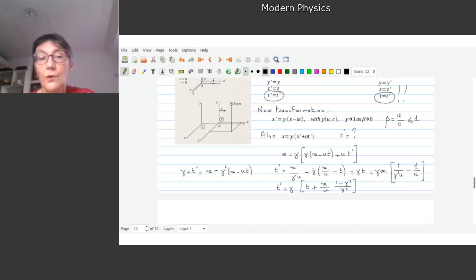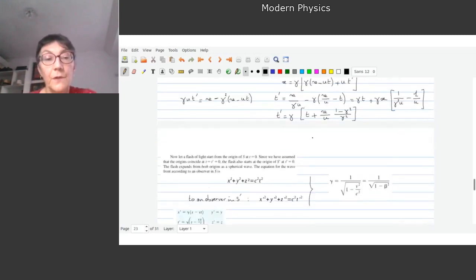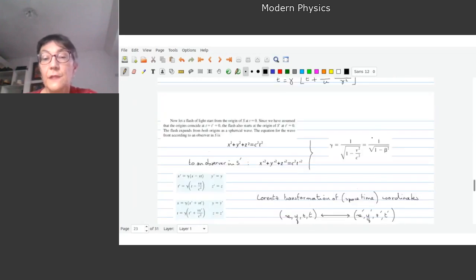And so you write it, and you end up with an equation that you solve, but it's not sufficient. The other thing here, it can be an exercise to find what this coefficient gamma is, but you can also write that